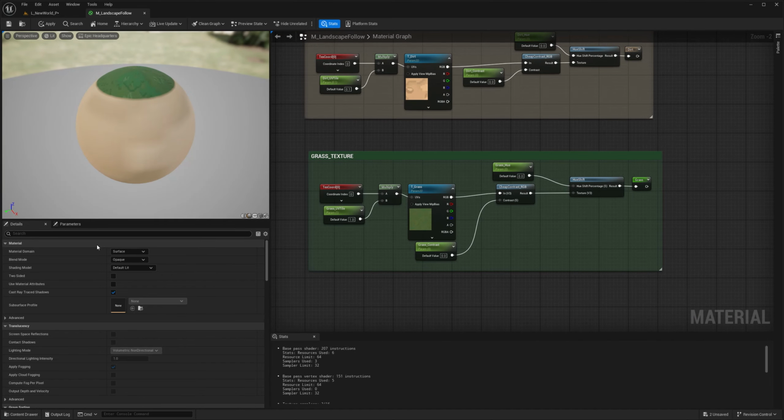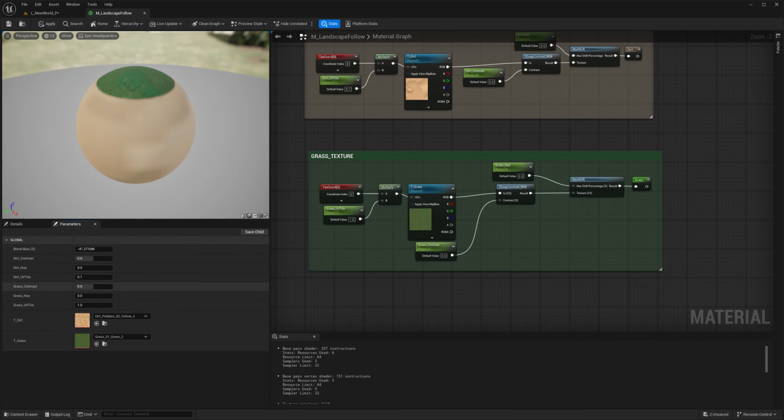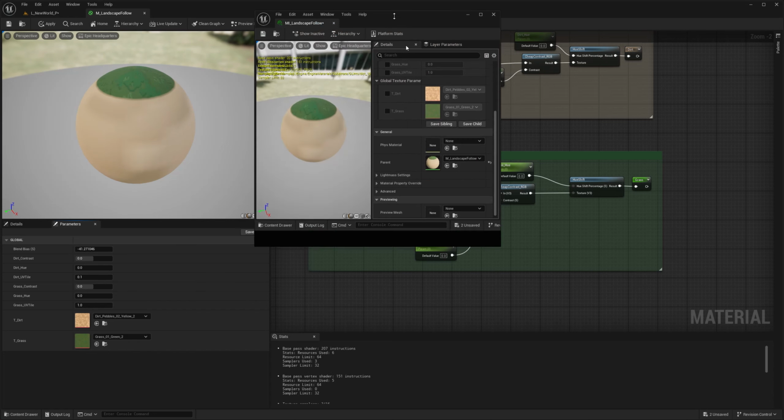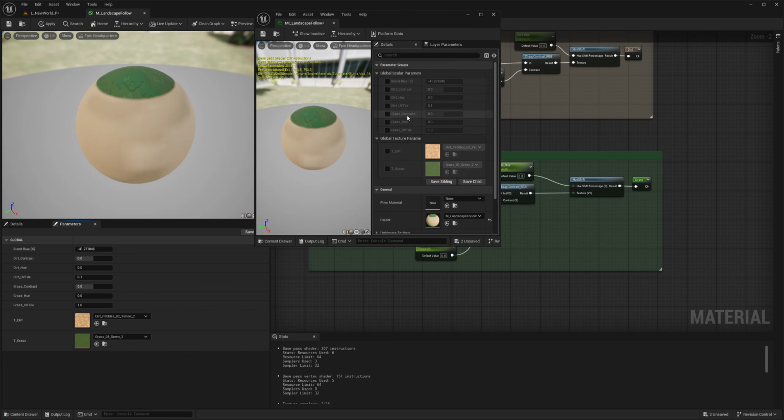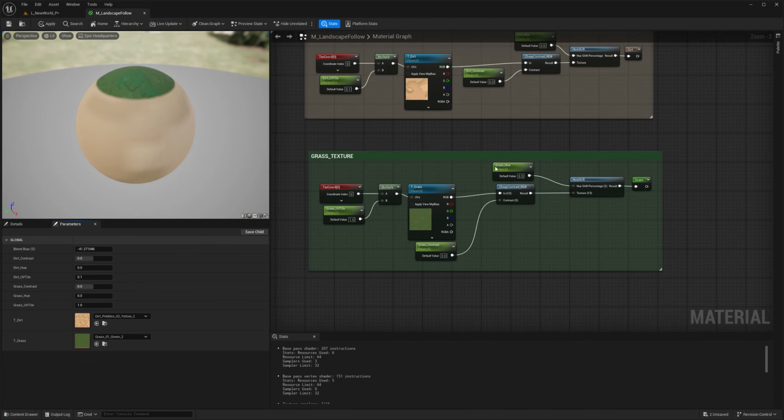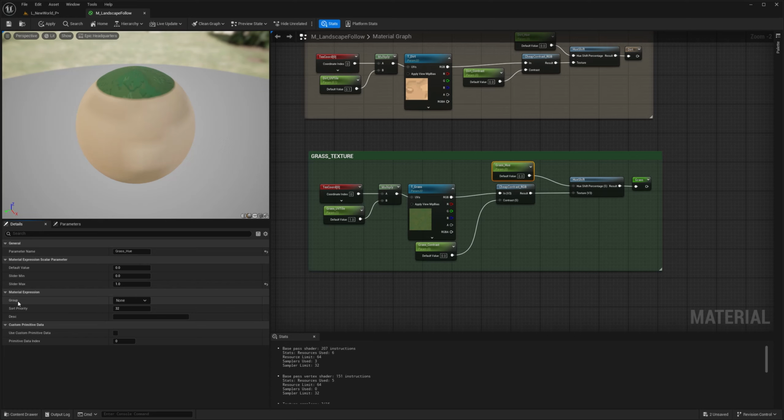The second level of organization: I want to organize my material instance, right? Right now, everything is just in one weird group. Everything is just there. And even though there is some ordering happening because of alphabetical order, it's always going to be alphabetical order in this. So A comes first, then B comes after, that kind of stuff. It's still not perfect. I can do so much more. So what I'm going to do is just go to each one of these nodes, for example, the grass hue, and you're going to notice that there's a field here called group. I'm going to select it, and you can see there's nothing there.